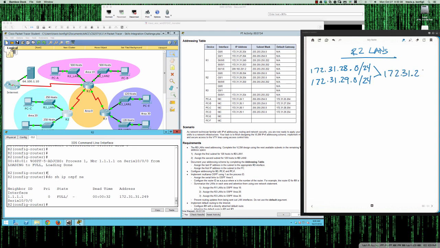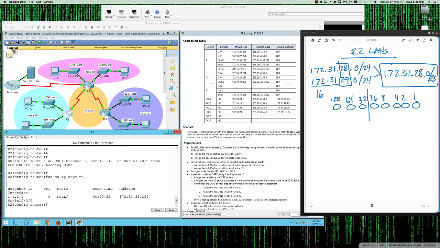And hopefully after working with these for a while, we're going to guess, but we're going to work it out anyway. Let's go ahead and I'm going to take a stab here and say that we're going to end up with 172.31.28.0/23. And again, same process. Here's our interesting octet. So these 16 bits match. And so now let's take a look at 28. 1, 2, 3, 4, 5, 6, 7, 8. And again, the bit position values are 128, 64, 32, 16, 8, 4, 2, and 1. And so we know that, draw a line in here, for 28 and 29,